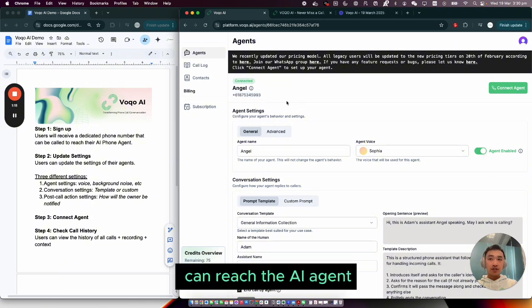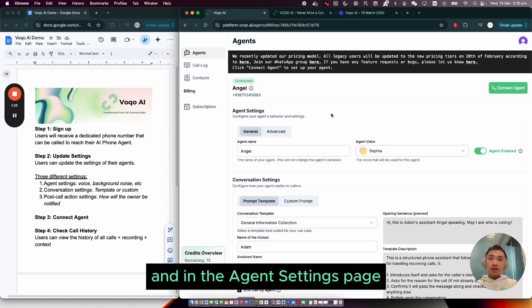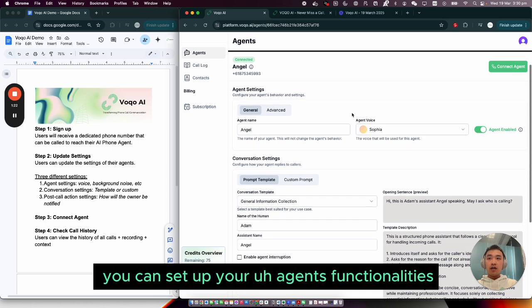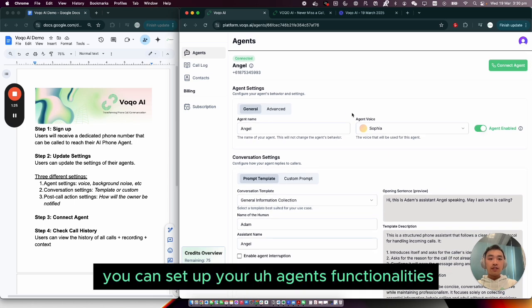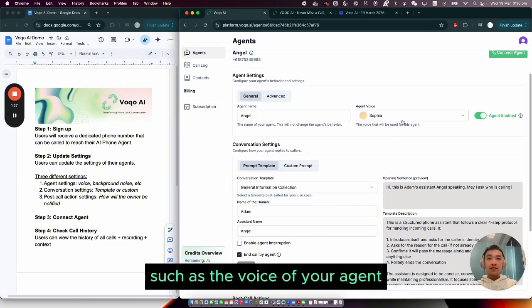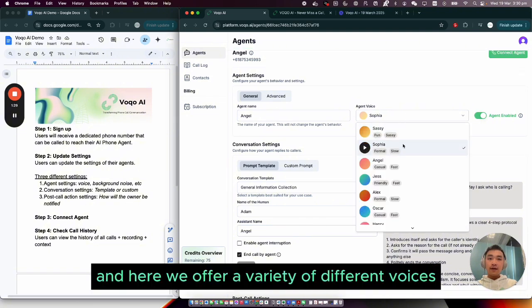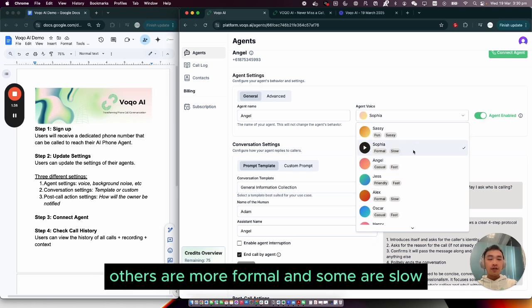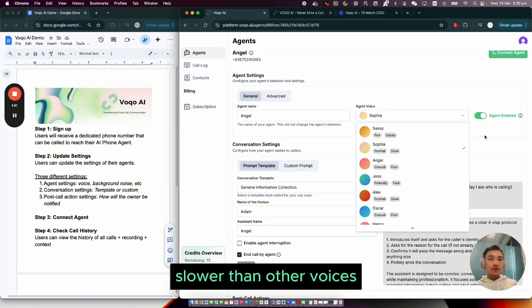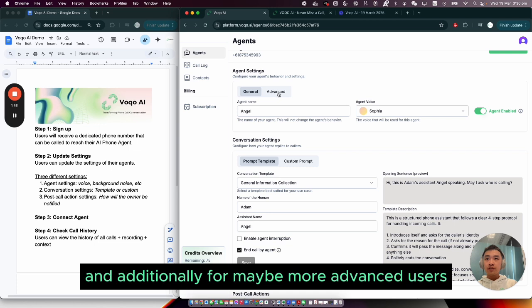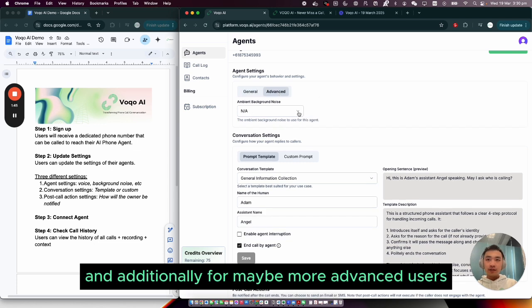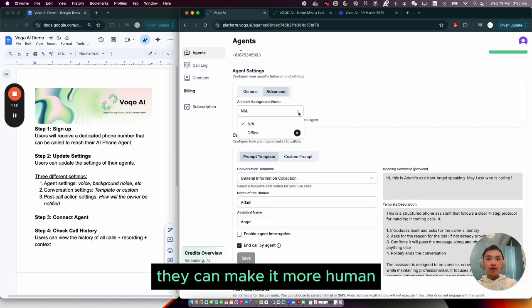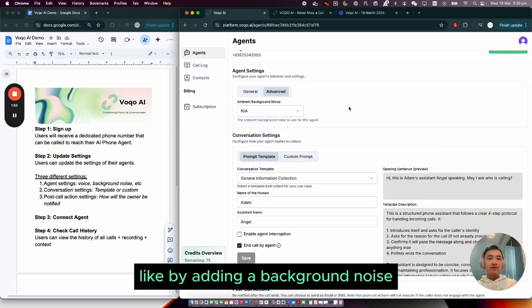the AI agent. And in the agent settings page, you can set up your agent's functionalities, such as the voice of your agent. Here we offer a variety of different voices. Some are more uplifting, others are more formal, and some are slower than other voices. And additionally, for maybe more advanced users, they can make it more human-like by adding a background noise in the